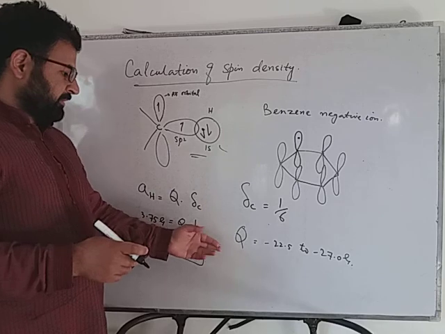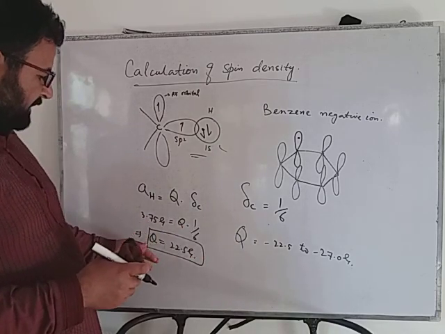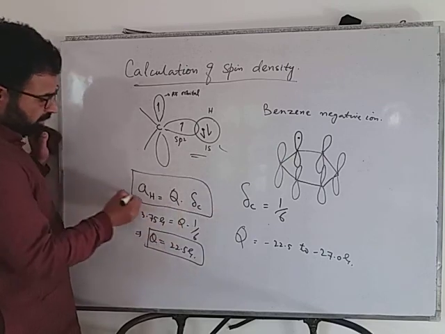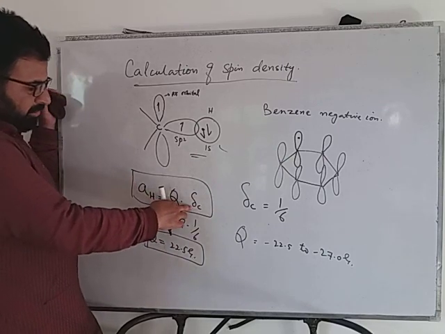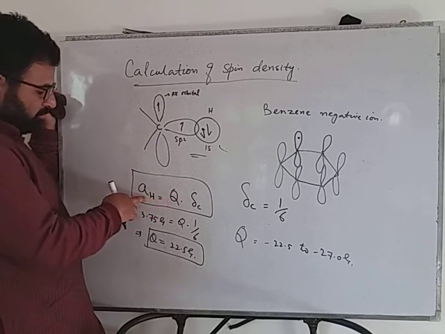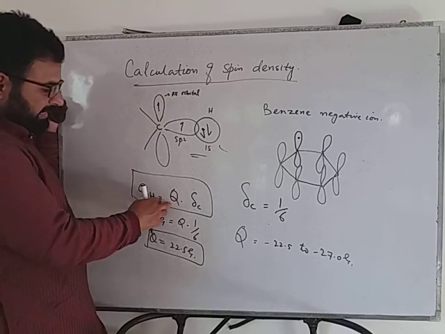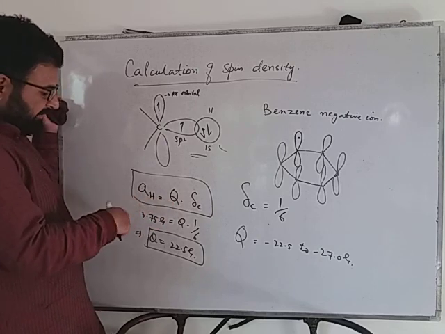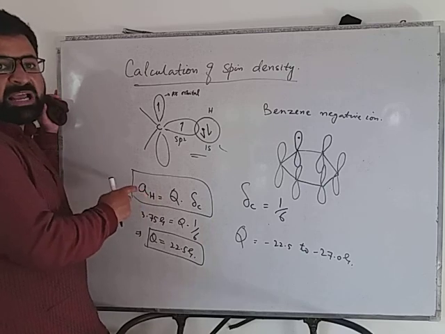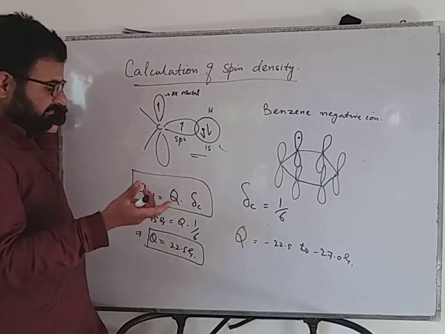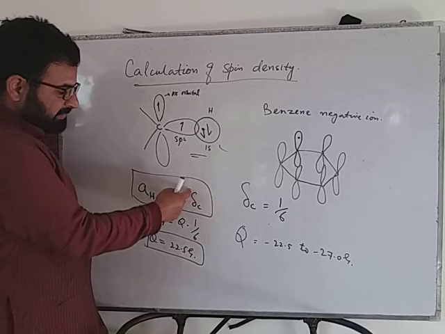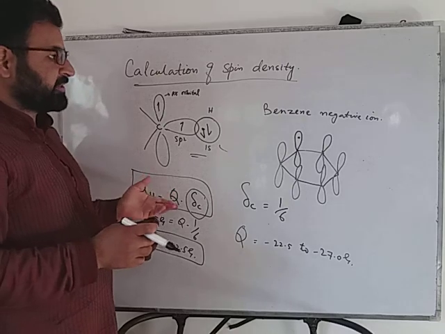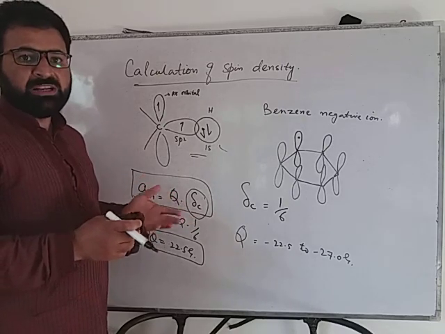Okay, so on this basis you can say that from this equation, if you know the electron density and you know the value of the hyperfine coupling constant, you can get the value of the hyperfine coupling constant at unit density. Similarly, if you know the hyperfine coupling constant and you also know the hyperfine coupling constant at unit density, then easily you can calculate the spin density from this very equation, which is called the McConnell equation.